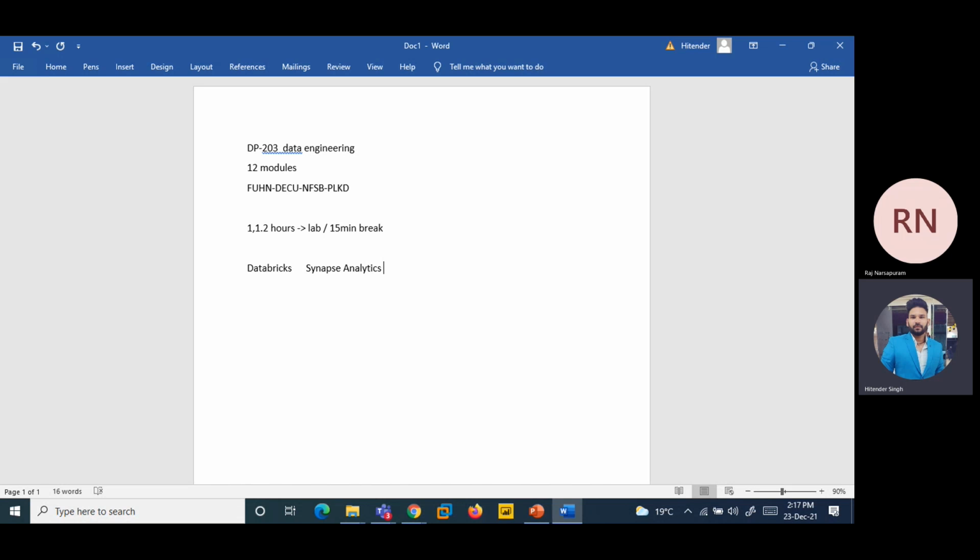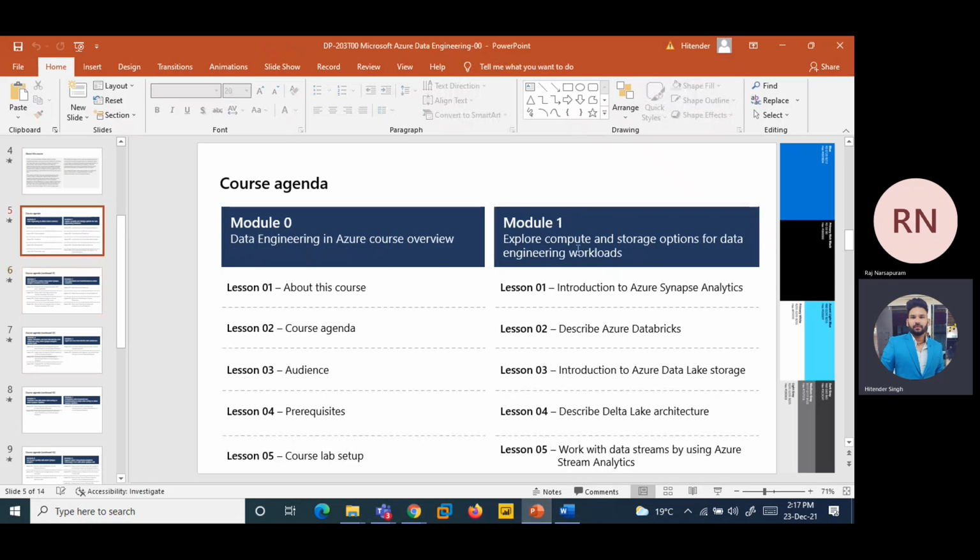Throughout the course, they have talked about Databricks and Synapse Analytics. So what I'll do, first I would cover Databricks, then I would cover Synapse Analytics, for some reasons. Because if I come sequentially, after the first module, where we have all the introduction,